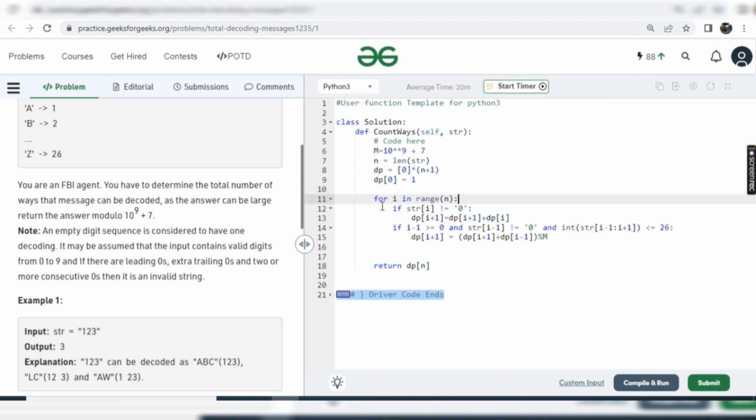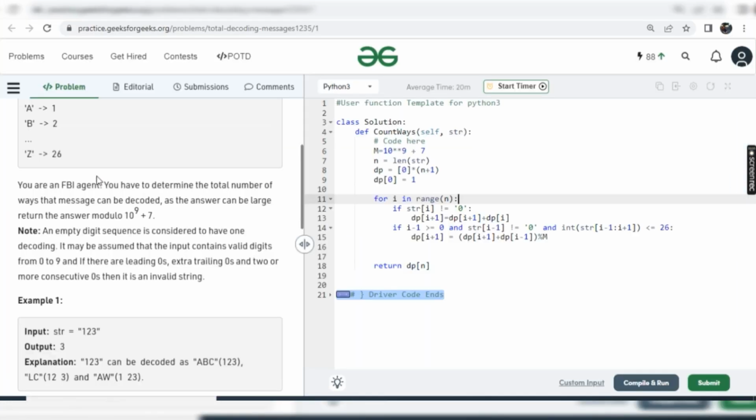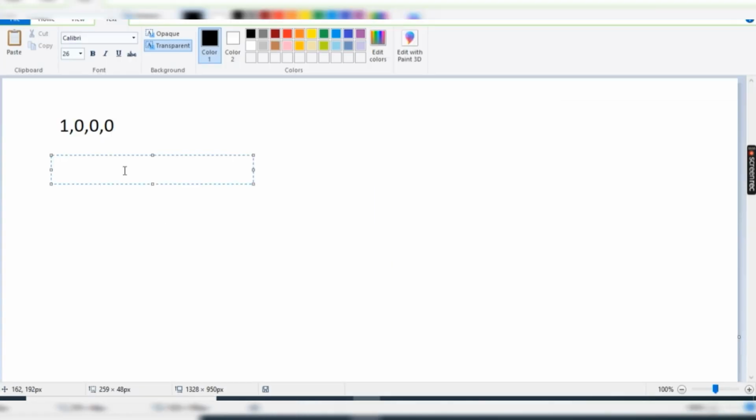Okay, so we are just getting the first i. So string of 0 is nothing but the 1. Okay, and it is not equal to 0, then we'll just change this dp value. So dp is nothing but this, already given. Let me change it to dp of i plus 1, it's nothing but dp of 0 plus dp of 1. So it's nothing but 1 comma 1 comma 0 comma